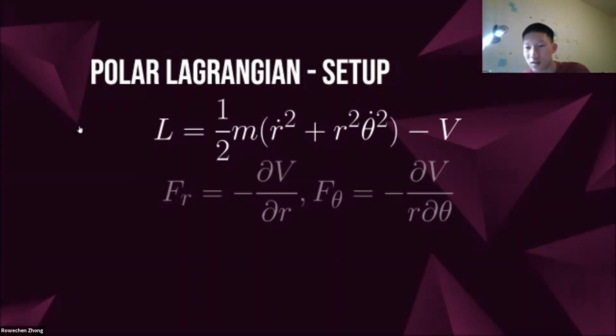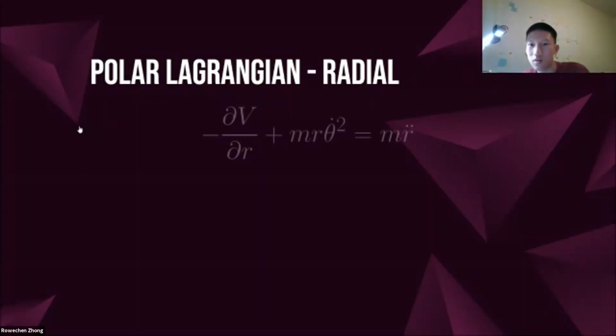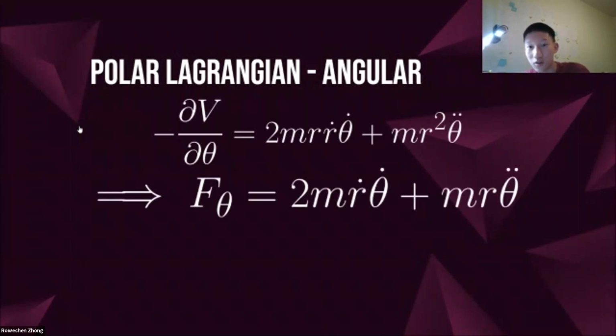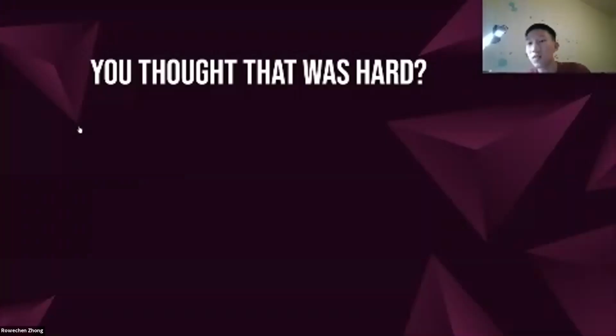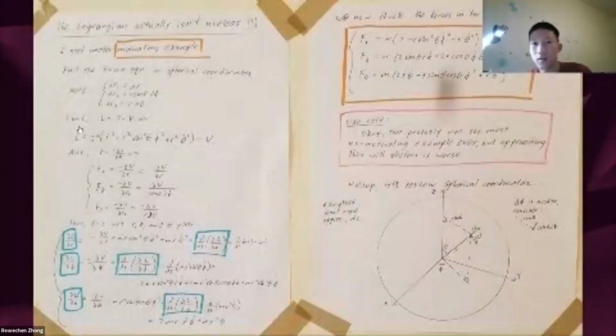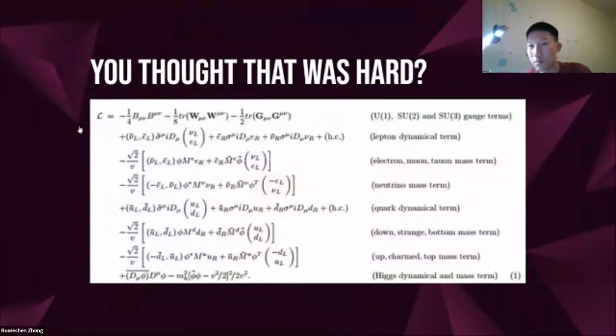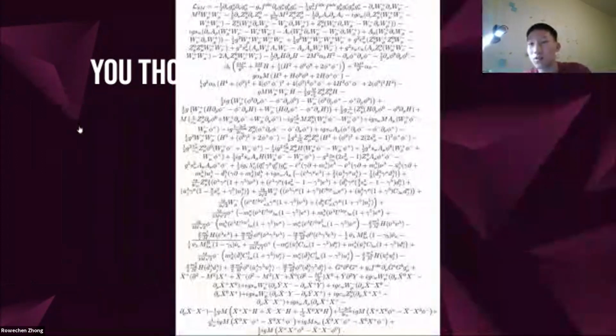Shoot, I was going to get to some other stuff. Looks like I'm all out of time though. We were going to get to all this fun stuff. And angular. And if you guys thought that was hard, for the last 30 minutes, here are my notes. They're on the wall behind me right now. It's for spherical coordinates, not too complicated. It gets a little more complicated if you add in everything else from the standard model. And then if you expand it, you get this. It's a real equation. Somebody wrote this down. Somebody wrote this down. Okay?